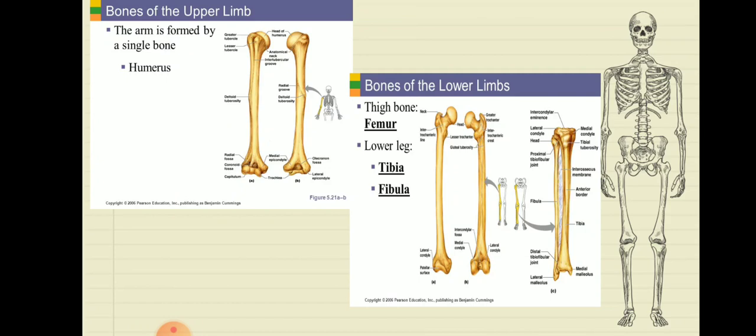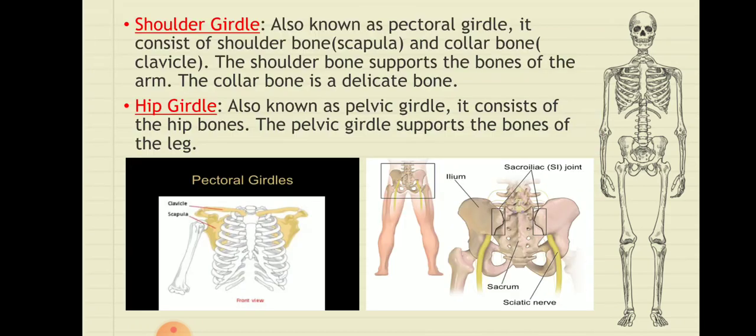Then we have the bones of the lower limb, which you can see in the adjacent picture. The leg has a large bone above the knee known as the femur and two bones below it. Then there are smaller bones in the ankle, foot, and toes. So the thigh bone is known as the femur, and the lower leg has two bones which are known as the tibia and fibula. So these are the three bones which make up our lower limbs. We are not going to talk much about it. We just need to know the names of the upper limbs and the lower limbs.